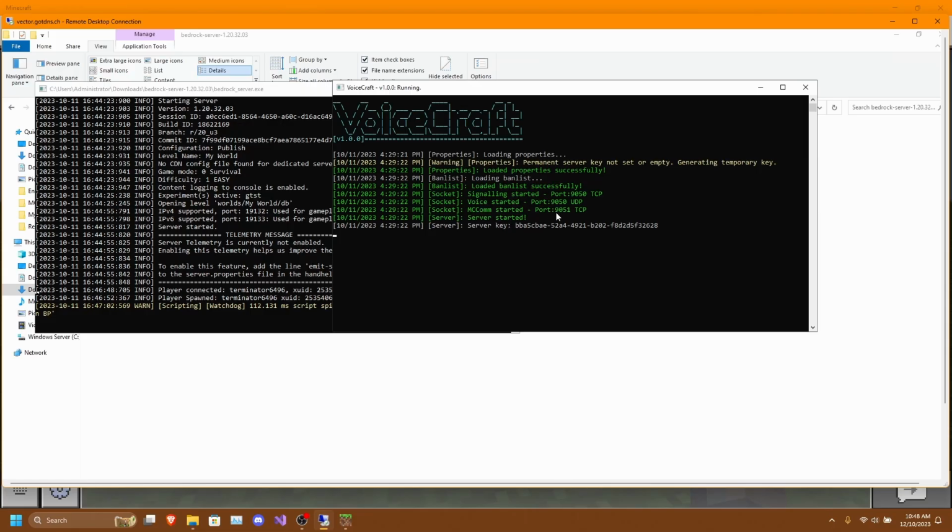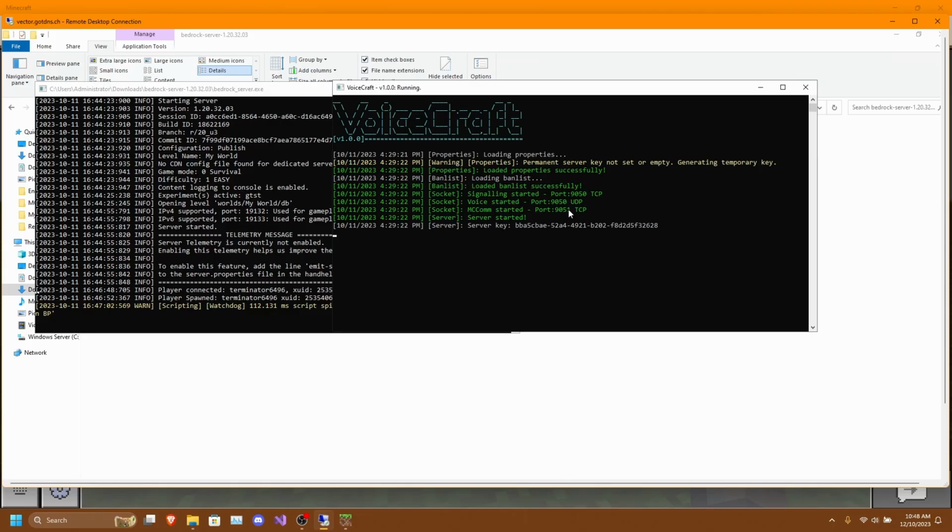So it is very important to note that you cannot have two of the same ports on the same protocol. So we can't have two ports on the same TCP protocol. So as you can see, MCCOM has to be 9051. But that is the default port, so we don't need to actually change anything.